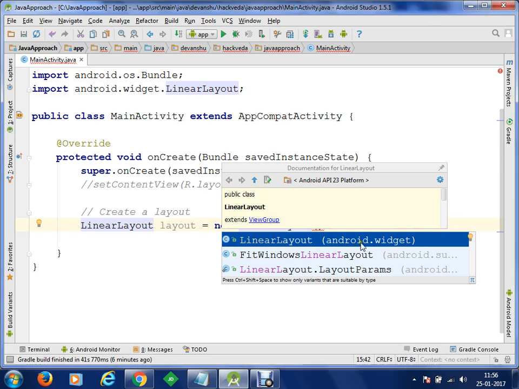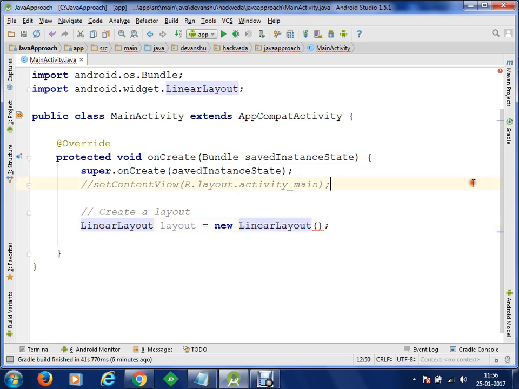If you see here, it is asking where to create this widget. Actually this is the context wherein you want to create your LinearLayout. So what we actually do, we want that this new LinearLayout should be created within our main activity.